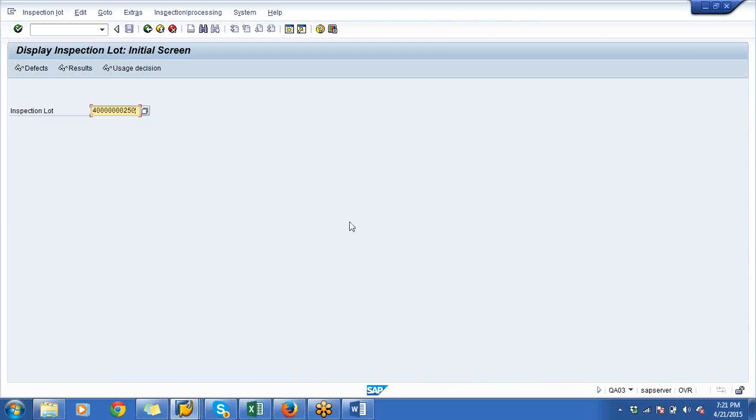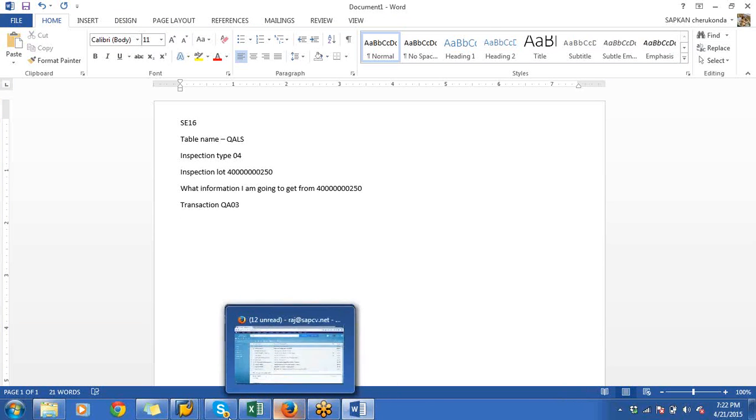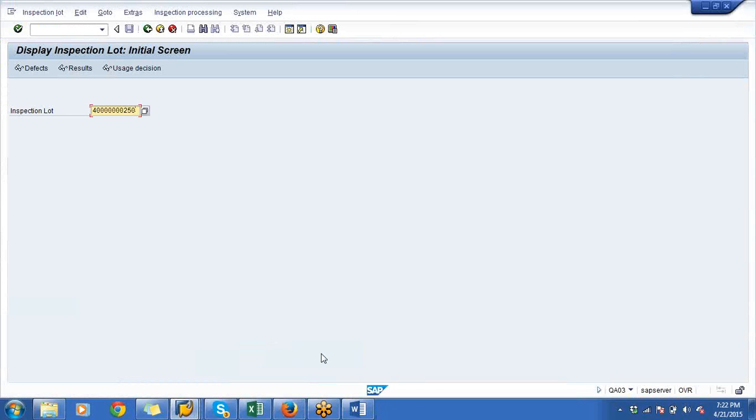This is my lot, correct? So from transaction QA03, we can see a lot of information such as